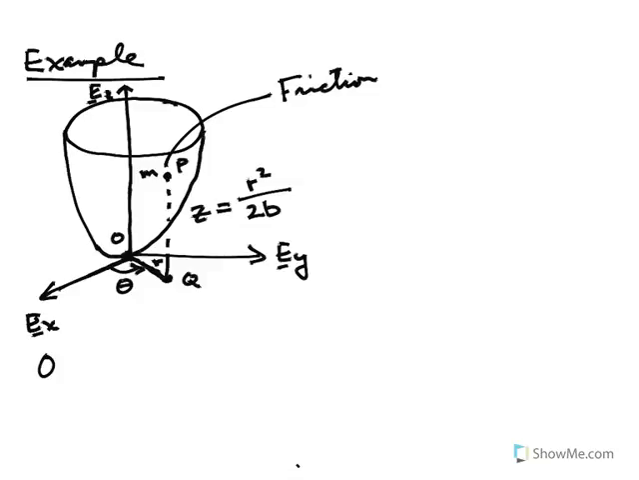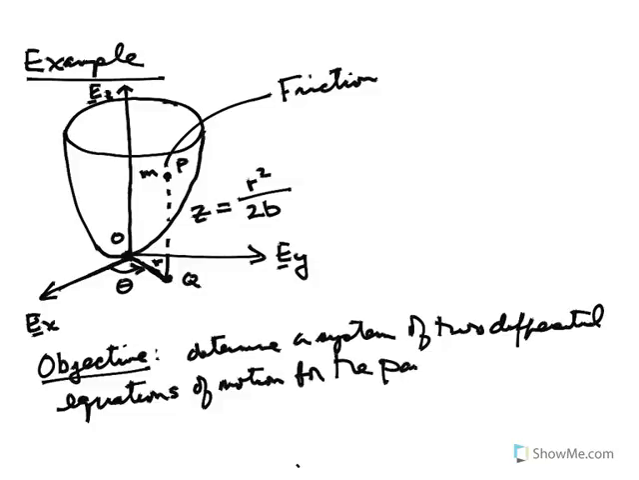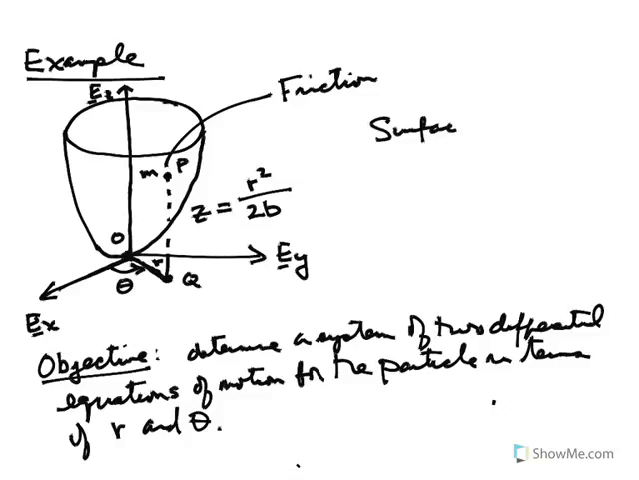So the goal here, as it was before, because we're dealing with a surface, is to determine a system of two differential equations of motion for the particle in terms of r and theta. It's going to be a system of two equations. So we're going to have to do all the things that are associated with a surface in this particular case. So the surface is a paraboloid,